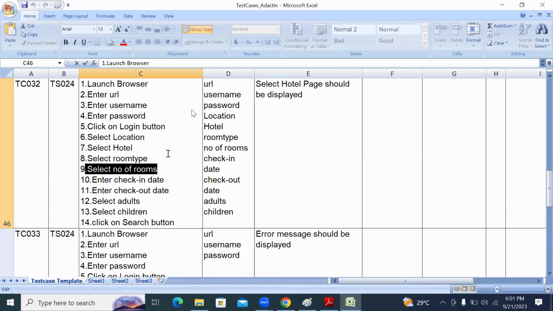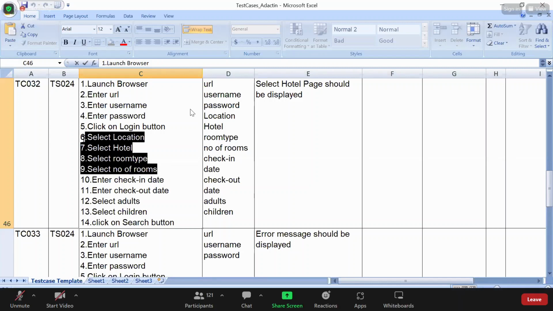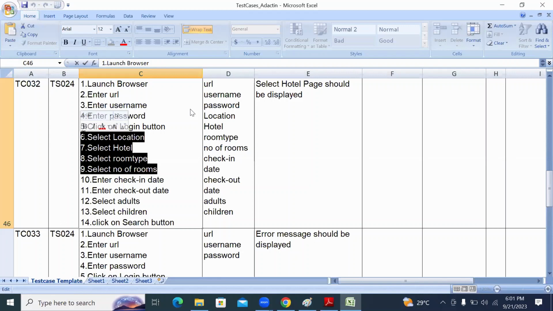Select number of row. Almost these 4 steps are similar. Are those 4 steps similar or not? Yes or no? Those 4 steps are similar, taking care about selecting the data from that particular drop down. So rather than writing 4 steps,